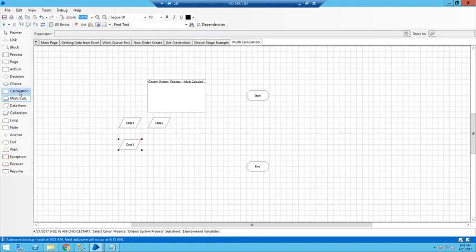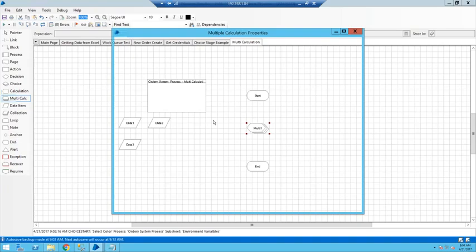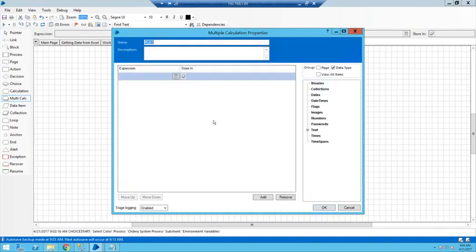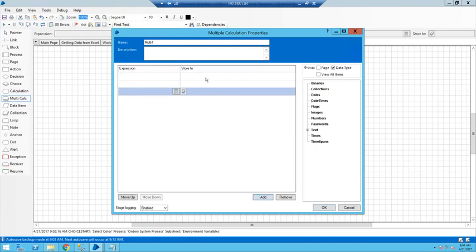Then rather than using this calculation stage three times, I can use this multi calculation box, and here I need to provide the expression and we can store it in the variable. Okay, so I am passing all three variables here,